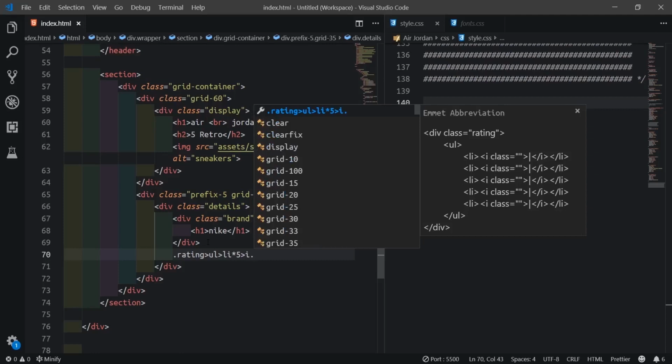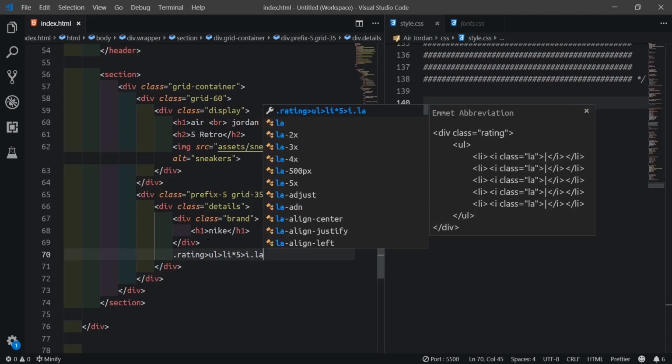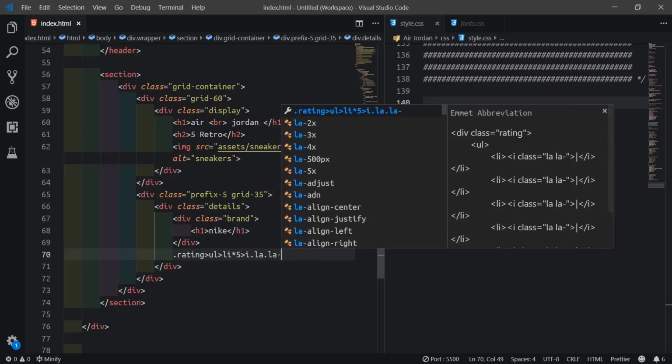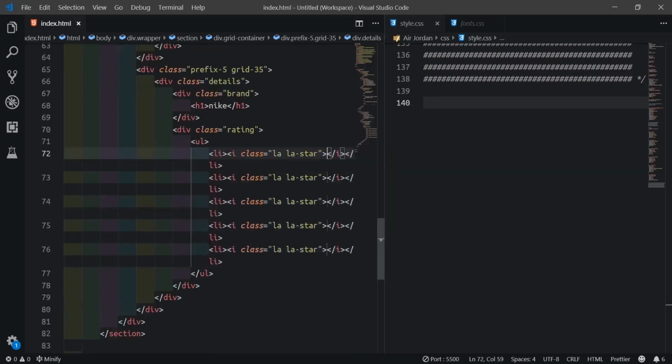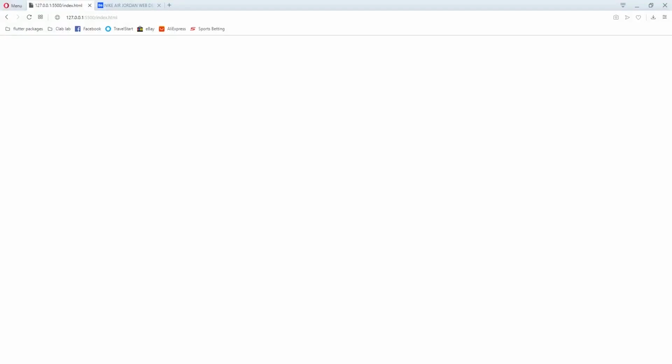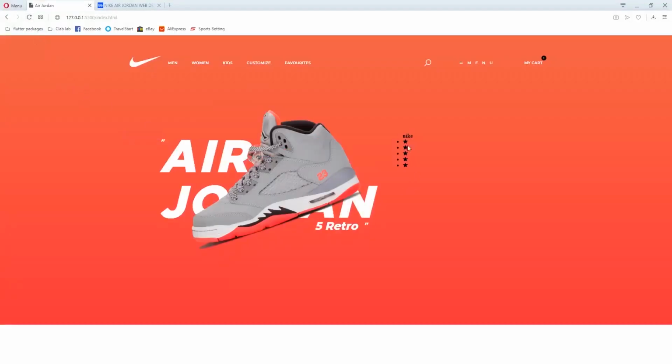What was it called now? The star icon. So we'll say i dot la dot la-star-sync. Let me go back and refresh, and here is the Nike and the star.